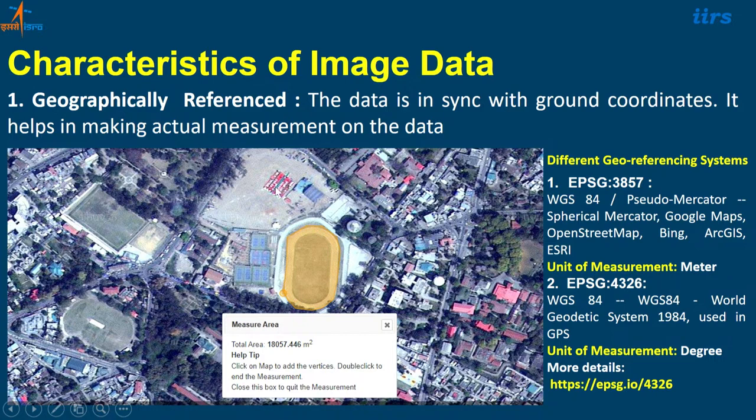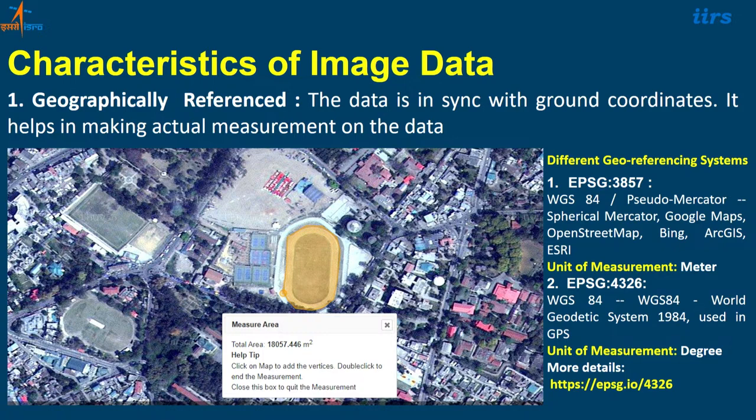There are different types of ground coordinate systems which you need to embed into your image. We can do that through some programs, or through Python programming, or sometimes in the current scenario we are already getting the georeference data. So whenever you are dealing with satellite images or raster images, you should consider what kind of geographical referencing that image has, whether it has that referencing or not. You should keep that in mind also. The first question you should ask is whether the satellite image is geographically referenced or not. If it is referenced, then which reference system it has.